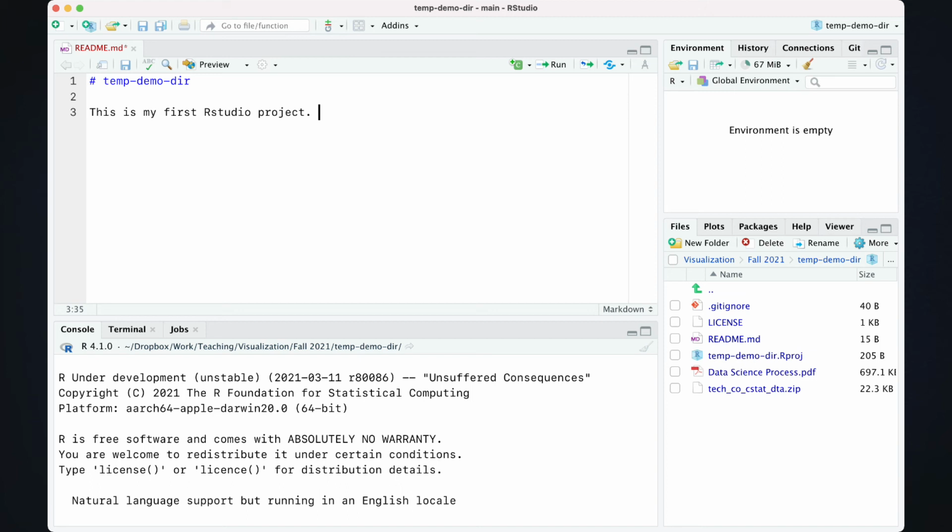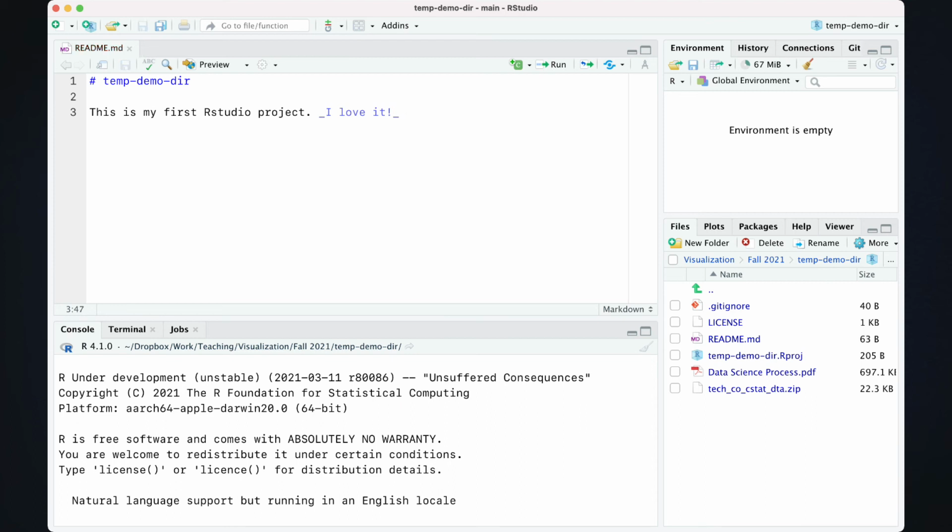So for instance, right now I'm saying this is my first RStudio project, and then I can say something like, maybe I want italics, so I will say I love it, and this will start showing up in italics, and